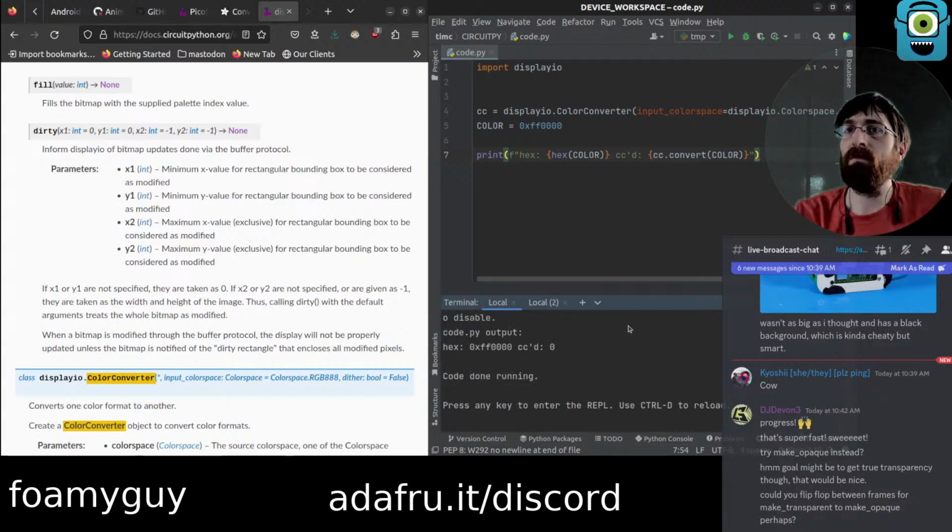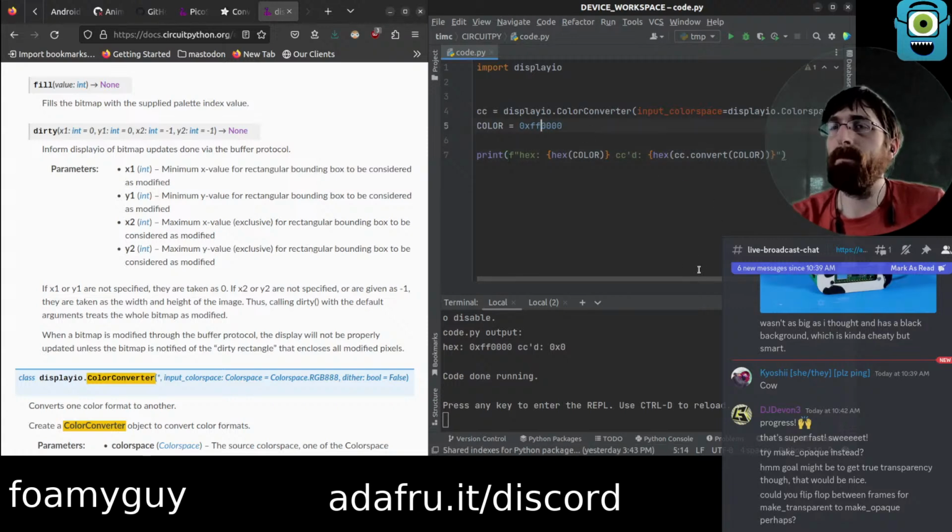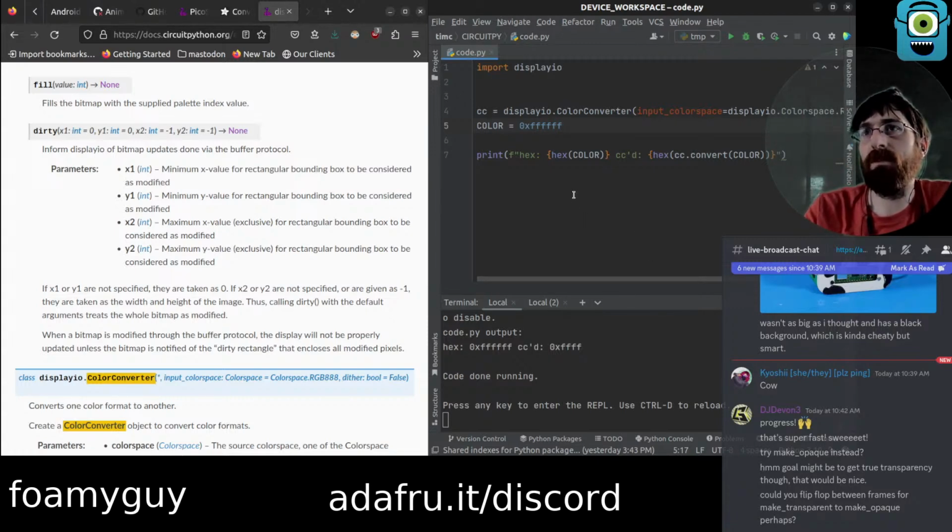Nice and easy. 0. We do hex still? Okay, well that's a confusing start already. Only 4 digits. 565, so it's like it doesn't have as many.